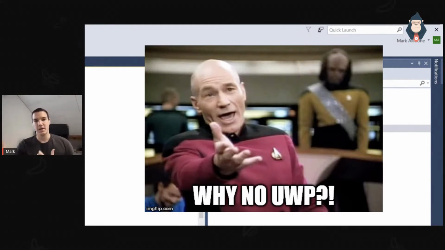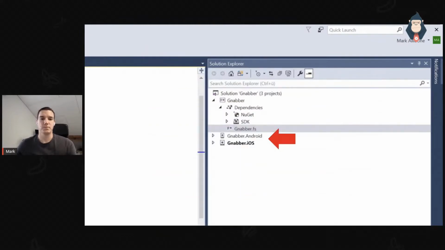So you can do it, but I could now ask for a raise of hands how many people are doing UWP, and then make the joke, haha, nearly no one. Now, I like UWP. I think it's got great stuff coming along with the WinUI updates, so I'm looking forward to the changes there. But that's why there is no UWP here, but you can add it. It's actually in the template, so you can add different platforms. You could also add Linux, macOS, so I think they're on most platforms that Xamarin.Forms supports today. So that's for the platforms.